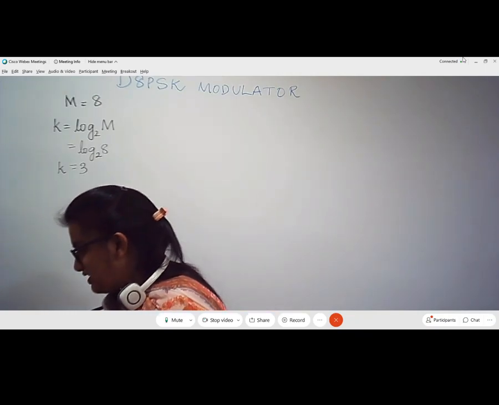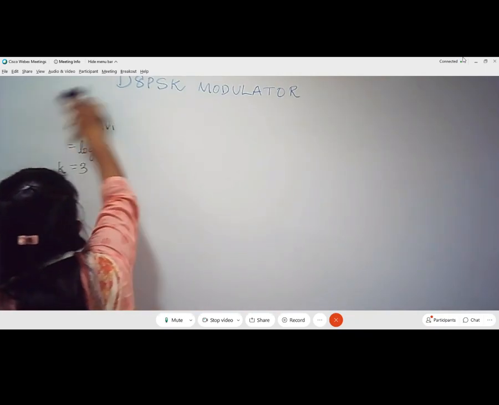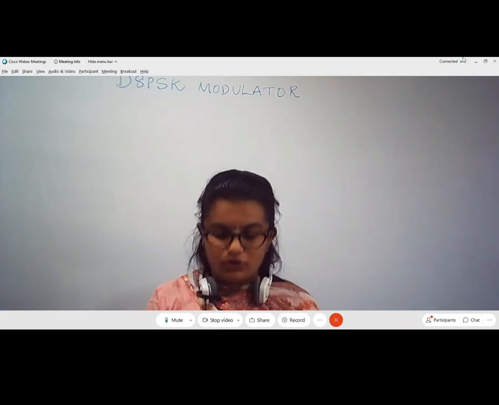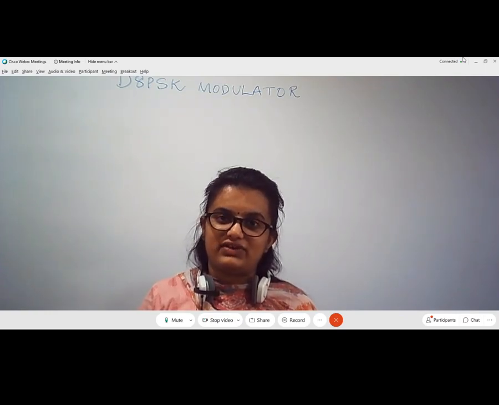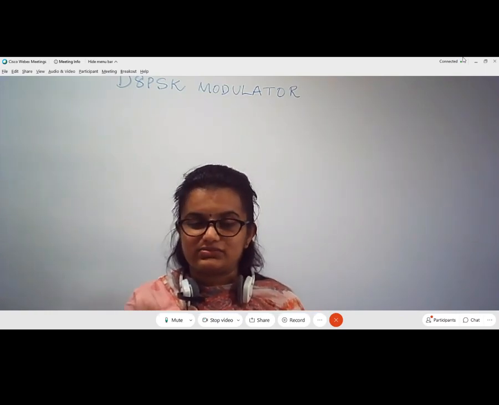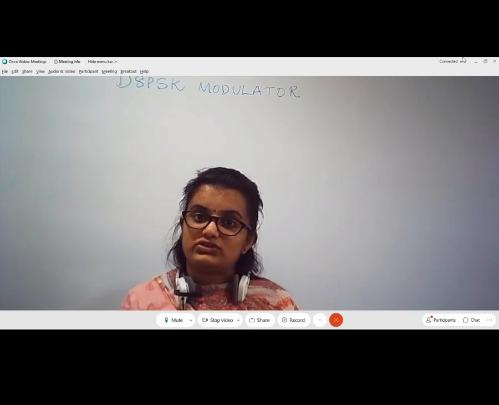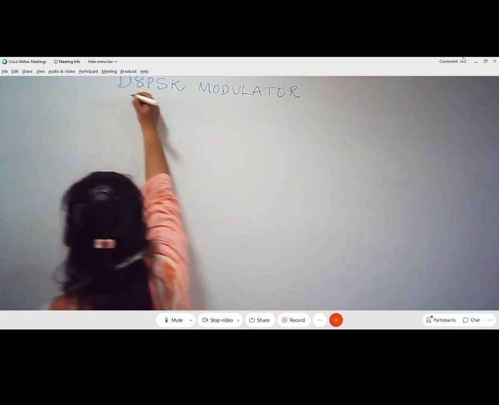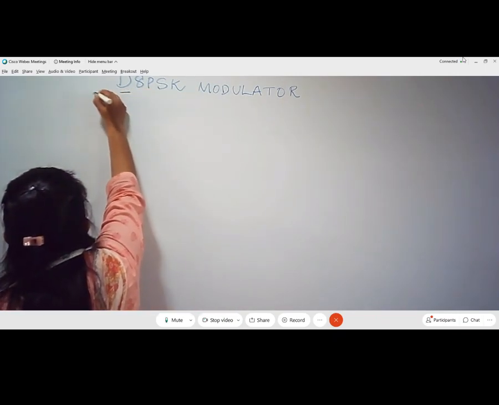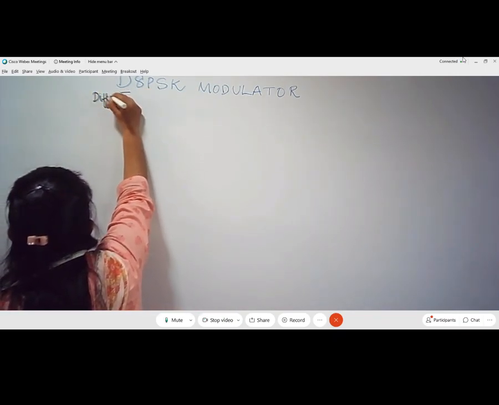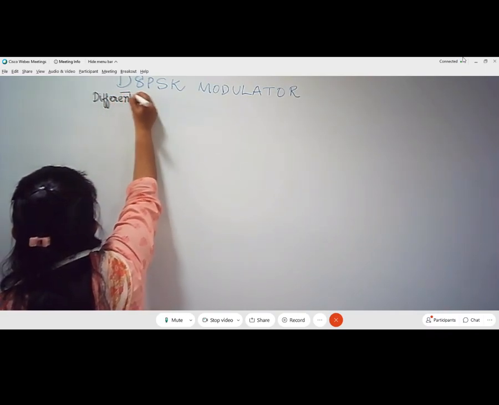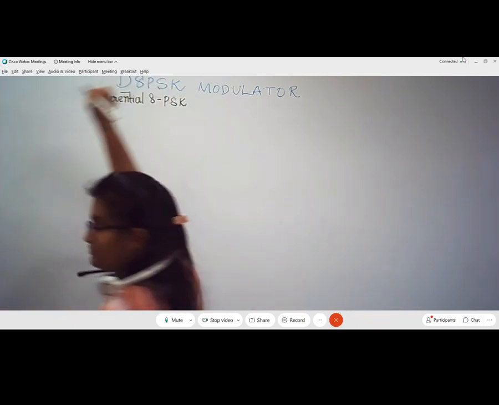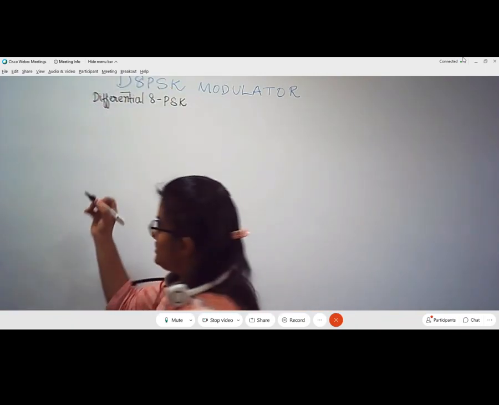So having said that, now we are going to do the encoding procedure. For all the 8 symbols, we are going to assign the phases in such a way that whenever we transmit a particular phase, we are not going to send the absolute phase but the differential phase. That's the reason why the name is D8PSK, that is, differential 8 PSK. It's a differential scheme used on an 8 PSK system. So how is this achieved? Let us see that.